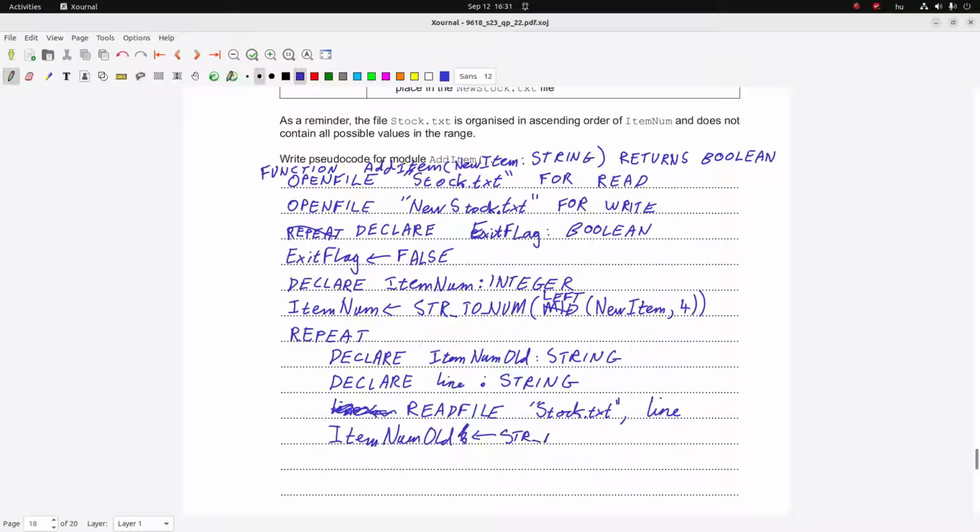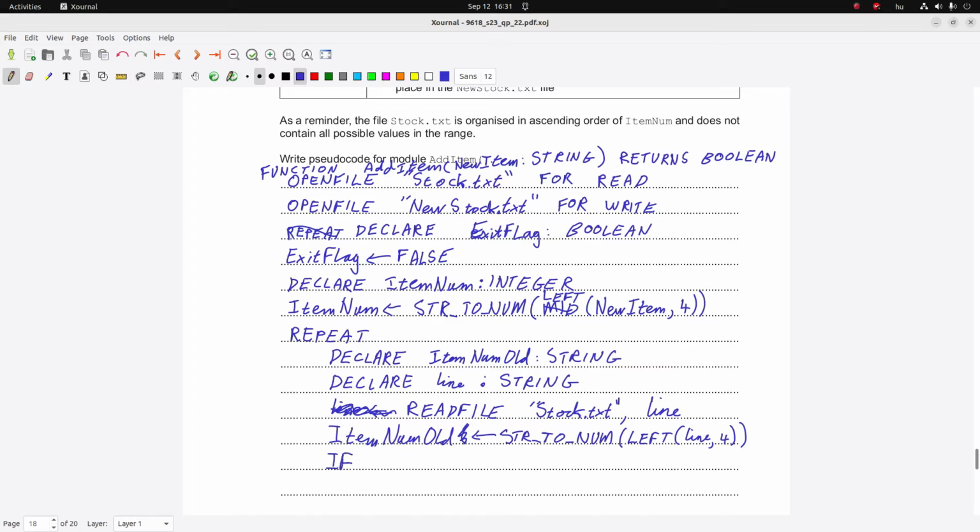String to num of left of line, 4. Okay, so now we've got the item num old, and now that we know the item number and the old item number, we know if we ought to transfer from stock.txt to the other file, or we've got to add a new item. So we're gonna say